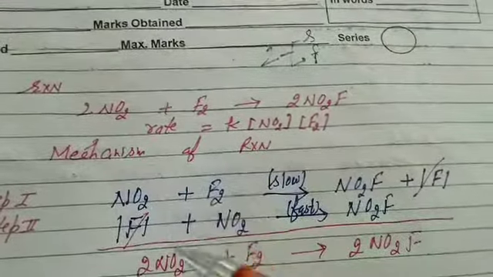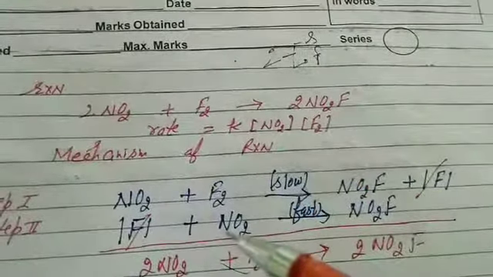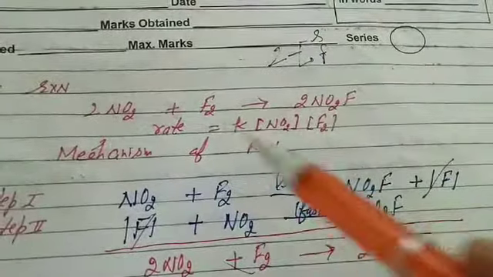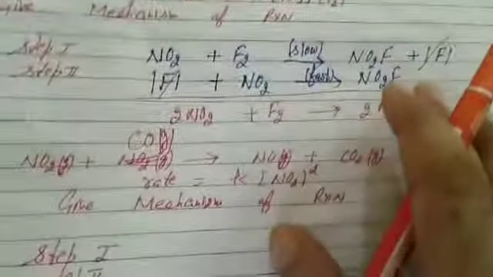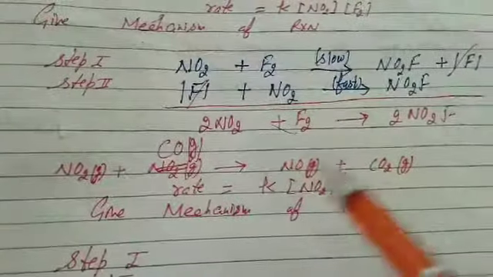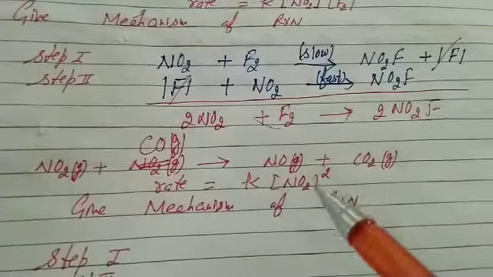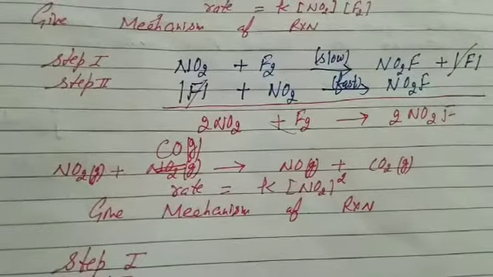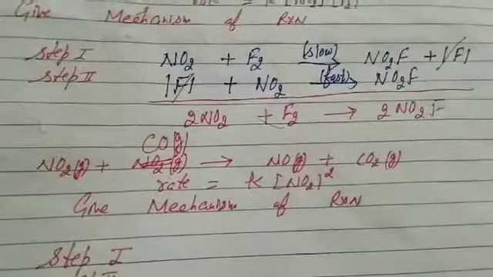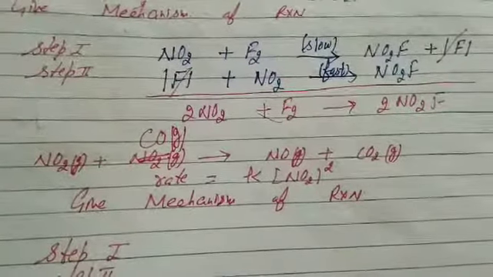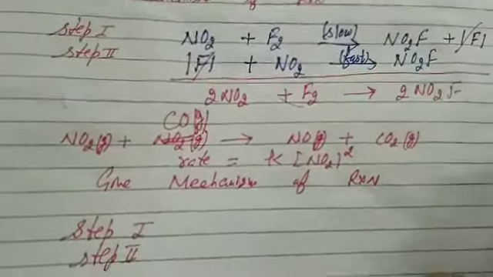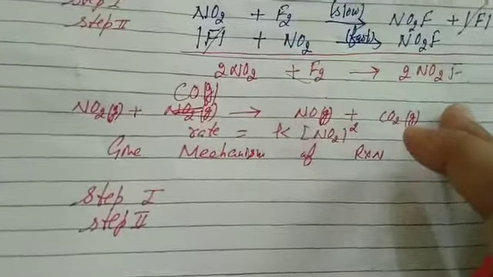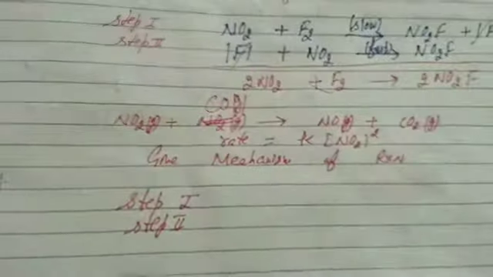For a complex reaction, order of reaction never matches the molecularity of the reaction. What is the molecularity? 3, order is 2. Again students, in the given equation, rate is equal to K NO2 power 2. But stoichiometry in the given equation is 1. It's again a complex reaction, because order does not resemble molecularity. Give the mechanism of the reaction. I already told you in plus 2 class, the reactions we study proceed through two steps, that is step 1 and step 2.